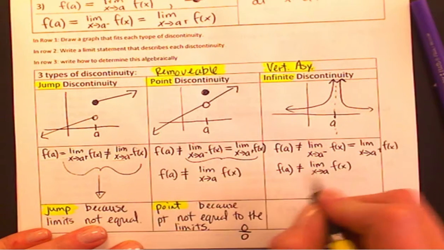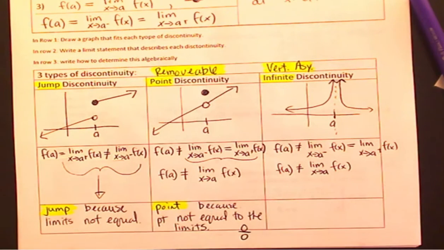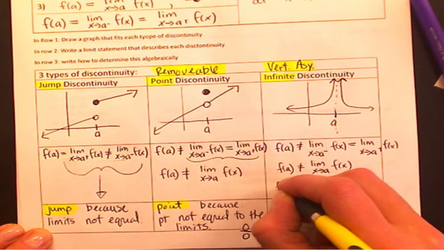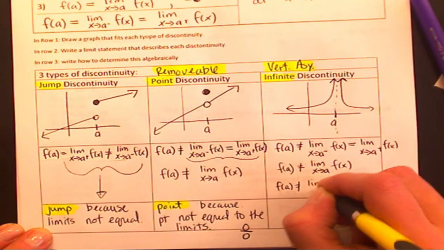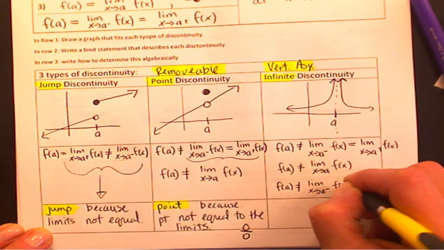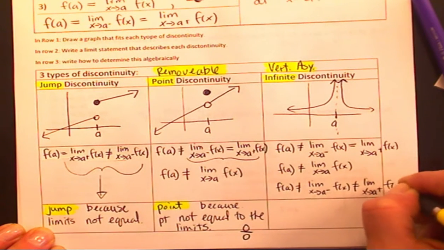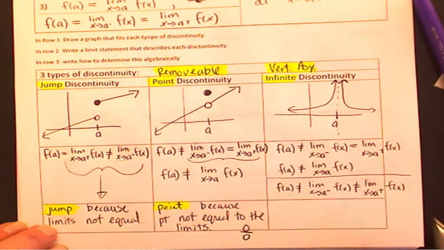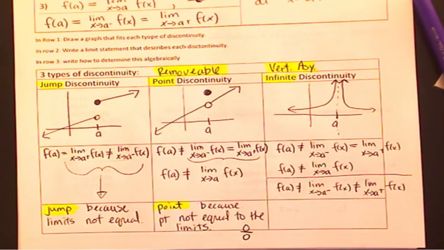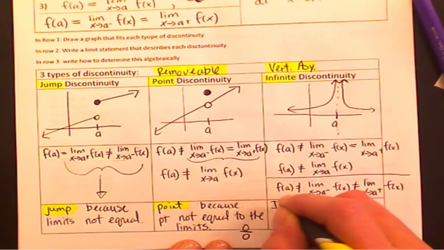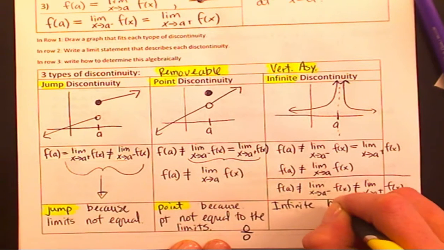Okay? It's possible that you have arrows that point in different directions. Okay? It's possible that you get this first statement where f of A doesn't equal the limit from the left, doesn't equal the limit from the right. Okay? Alternatively, you could have asymptotes that point in different directions. But how are you going to know what kind of discontinuity it is when all you're doing is looking at the limit statements? Okay? It is an infinite because